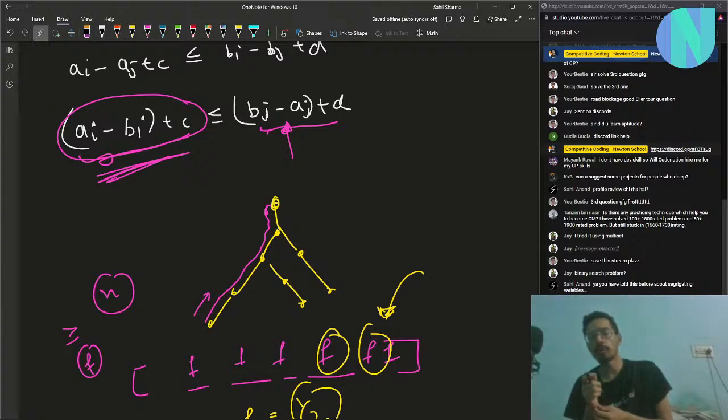And also do remember that was the time when it was COVID, so I had plenty of time at my hands, so I was able to employ this strategy. But now there's no COVID, you have to go to colleges and classes, so you might not have that much time, so you should read the editorial after 2 or 3 hours.